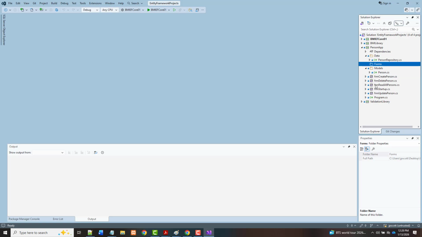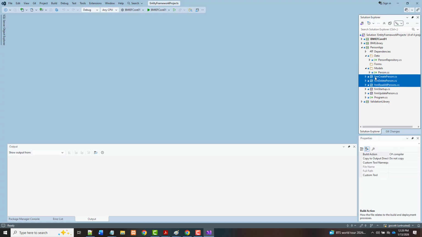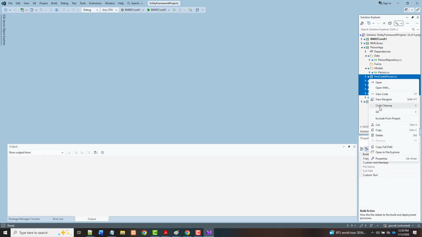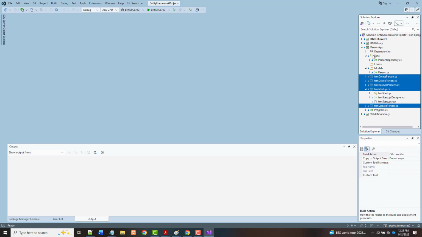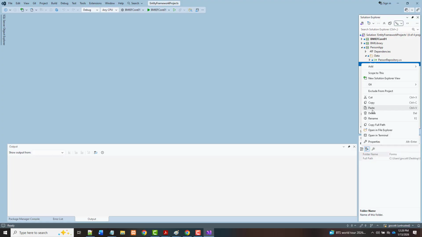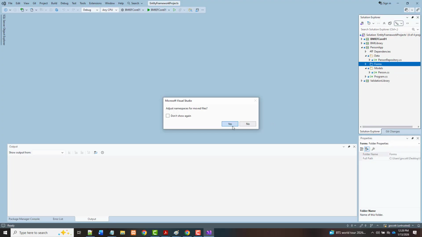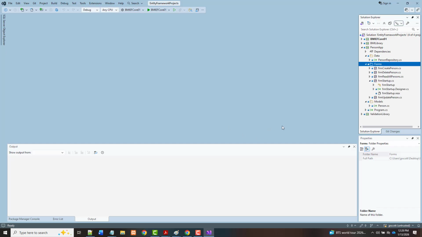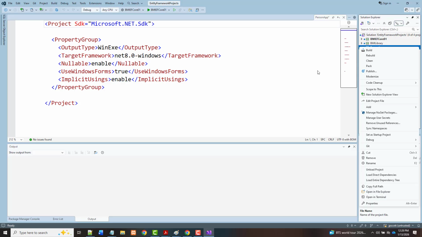And I believe I can take all of these and I can cut them and I can paste them back in here. Yes. All right. So now I do have everything set up with the exception of one thing. And that is I want to come in here and I want to, that's my project file. So in person app,